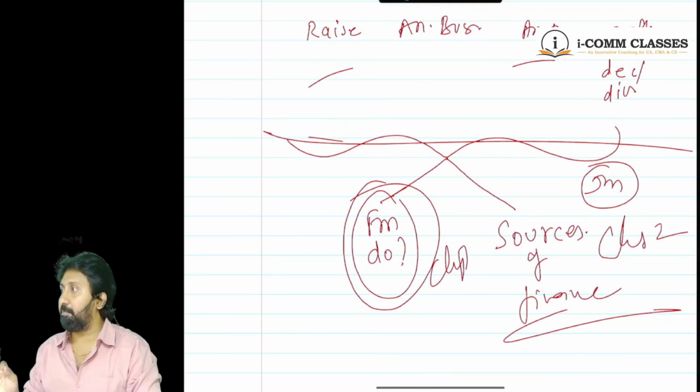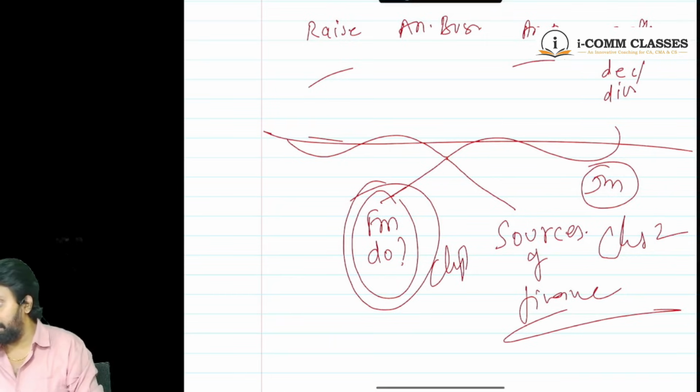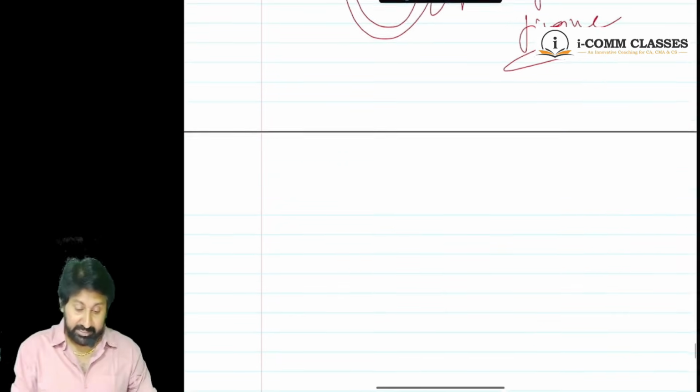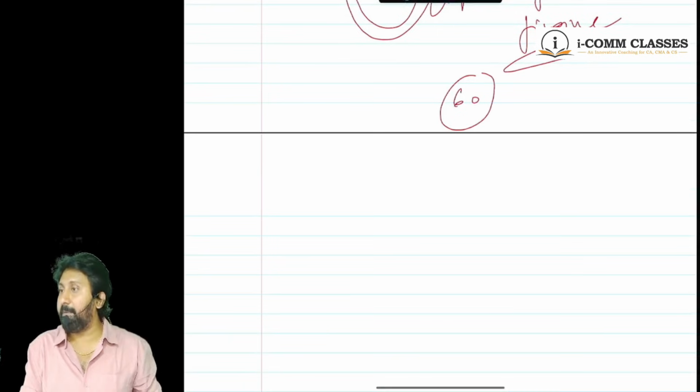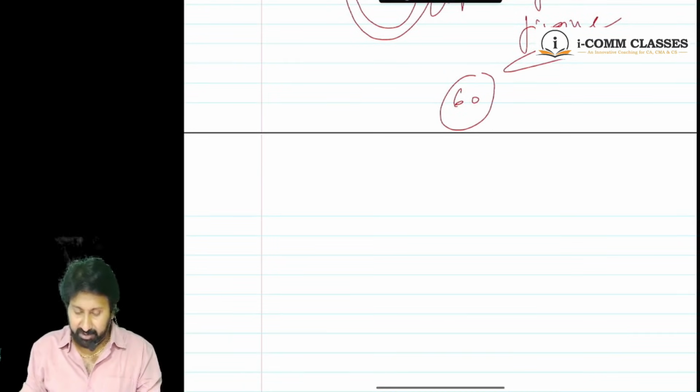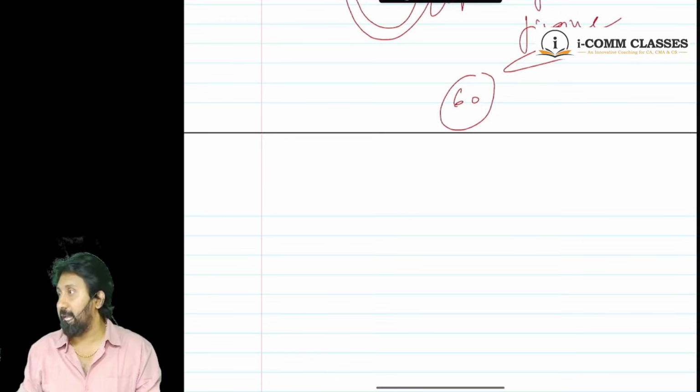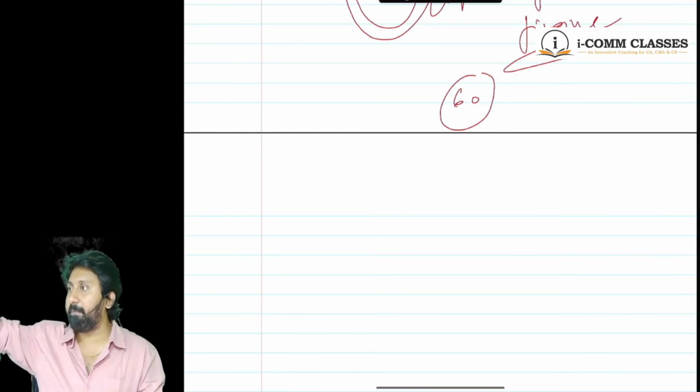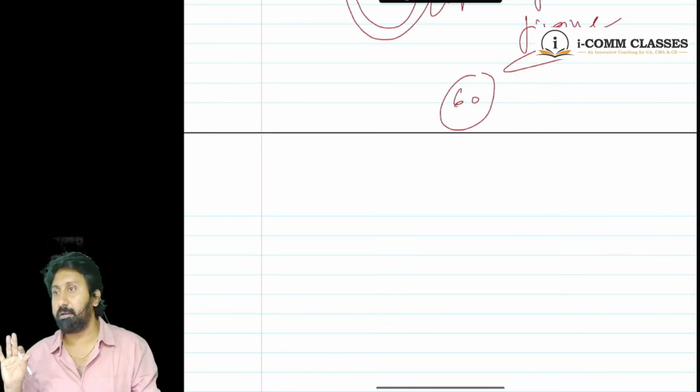In 9 chapters, 60 marks will come in the exam, including choice. How many marks here? 60 marks will come in the exam. The paper will be 50 marks you need to write. No, but they will give for 60. SM also the same 60. A 120 marks paper will come. You need to attend for 100.